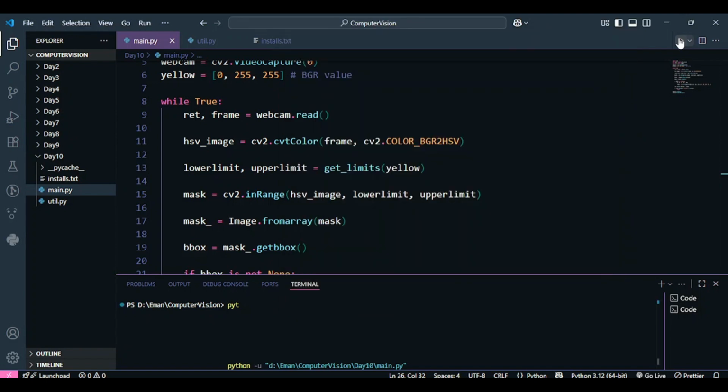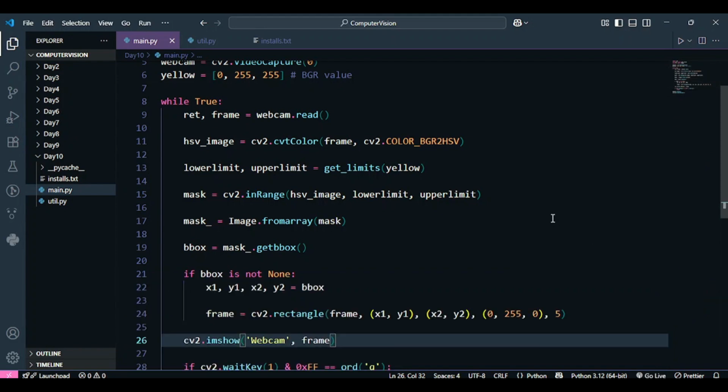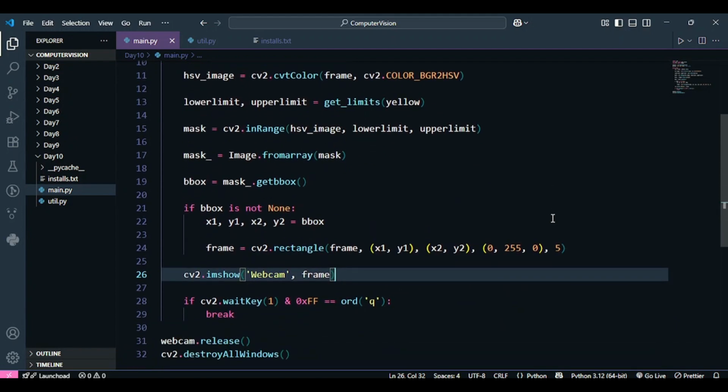So there are a few things that I want to tell you guys. This is a good project. We have created a very simple color detector using very few lines of code, using just Python and a few OpenCV functions.